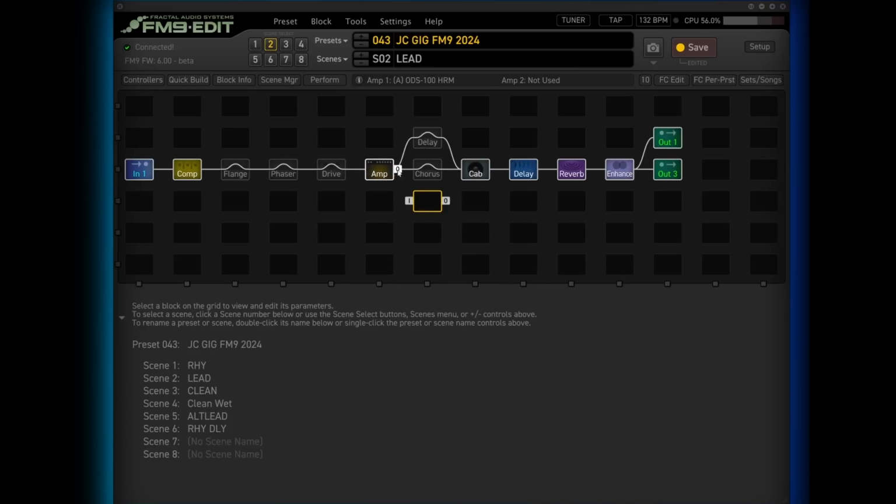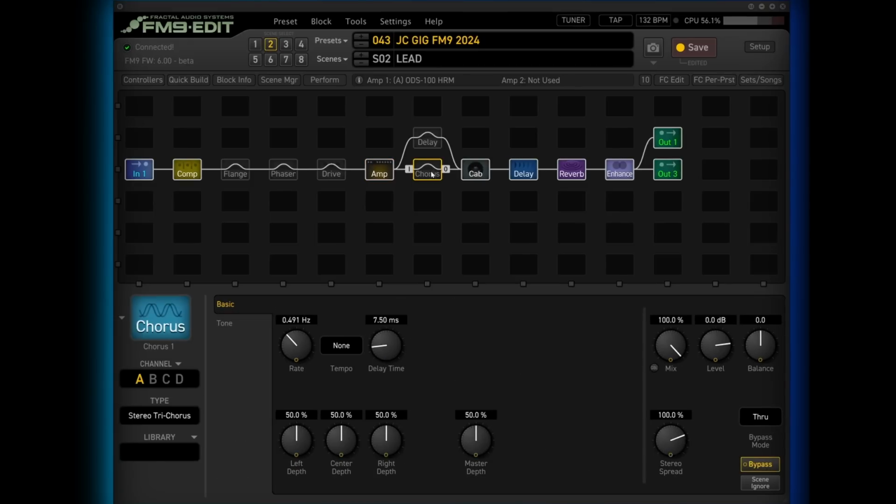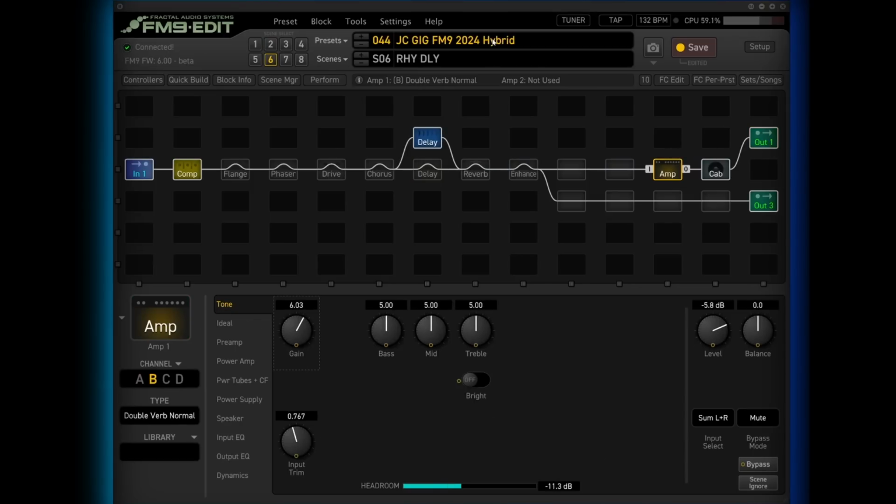The amp and the cab is going to need to be at the end of the chain, really. And I'm not going to be using it in the way where the amp is going to be channel switching, because I'm going into a Fender amp over there. I guess another way you could do this sort of thing might be with 4-cable method, if you had an amp that could cope with that kind of thing. But right, so let me just move these over here for now. So now as I kick through the scene,